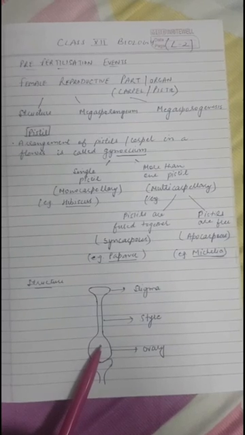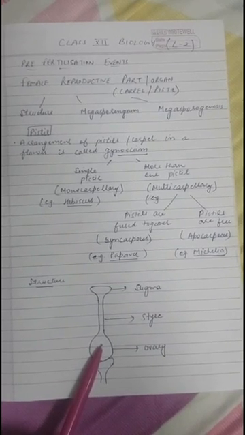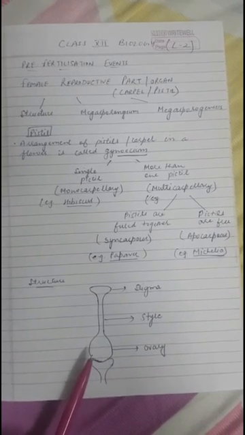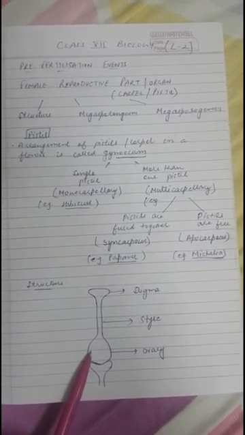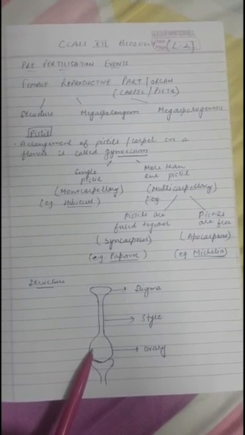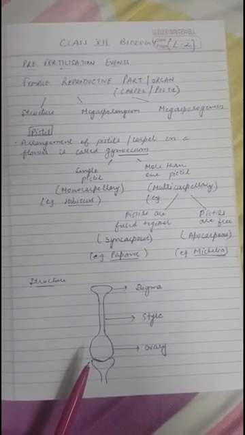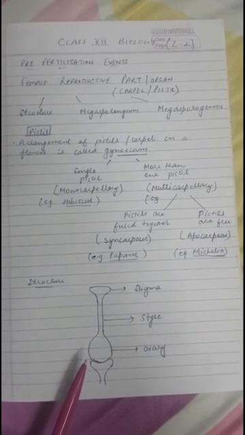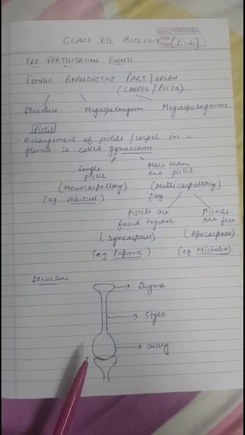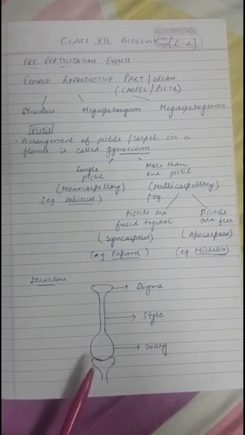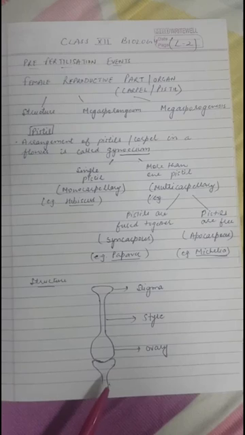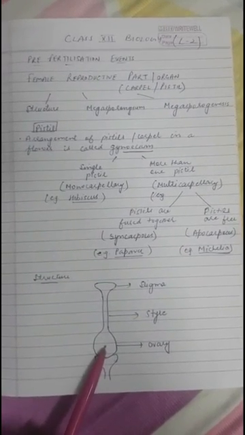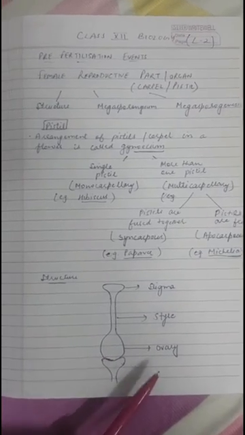Inside the ovary there are megasporangium or ovules. The ovule can be single or more than one. For example, in plants like wheat and mango, there is a single ovary with a single ovule, and in plants like papaya, watermelon and orchids, there are many ovules. These ovules will later form the seeds, and inside the ovule the female gamete is there. We will discuss in detail later.